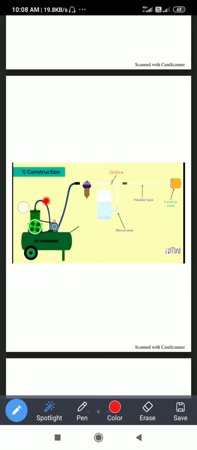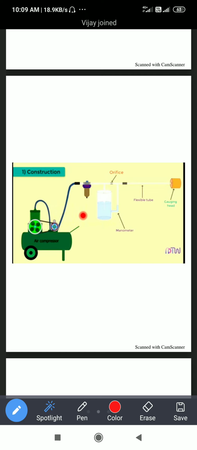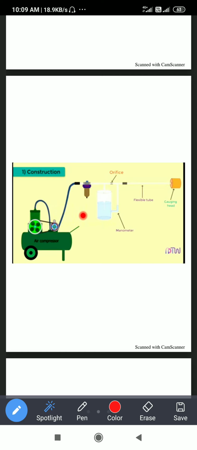Now you can see this is the air compressor, from where the high pressure air is compressed and supplied. Then this is a filter, in which the high pressure air coming from the compressor is filtered. Which things are to be filtered? Particles moving with the air are removed, as well as the moisture and water particles in the air. Only fresh and clean air is supplied.